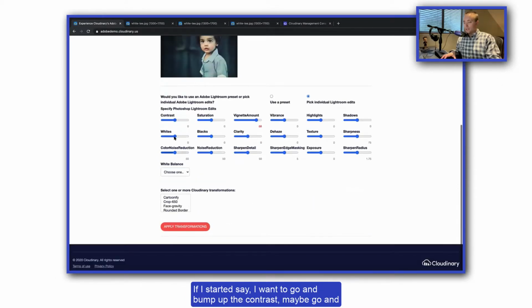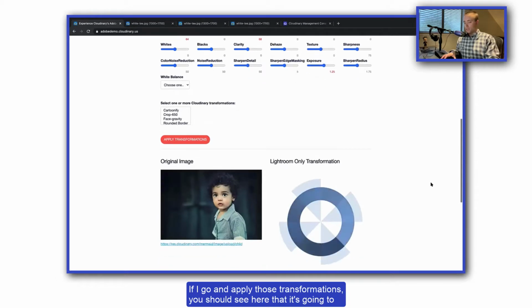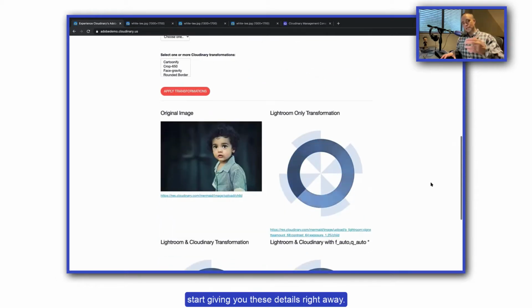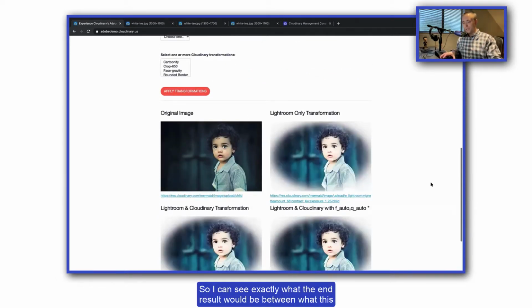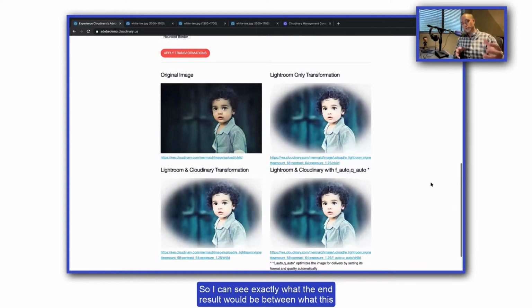If I wanted to bump up the contrast, maybe add a little more exposure, and apply those transformations, you should see here that it's going to start giving you these details right away. So I can see exactly what the end result would be between what this original image would look like, whatever you decide to upload, and what it would be like with Lightroom.